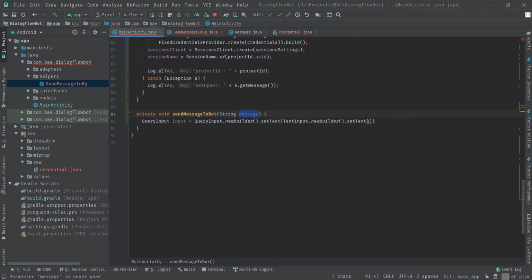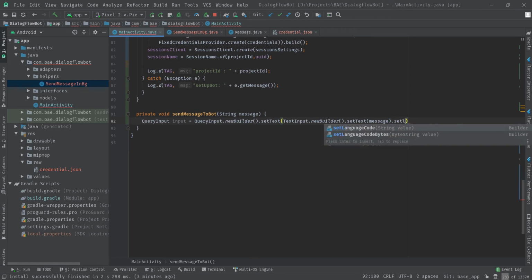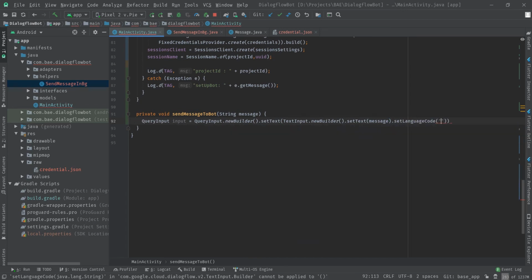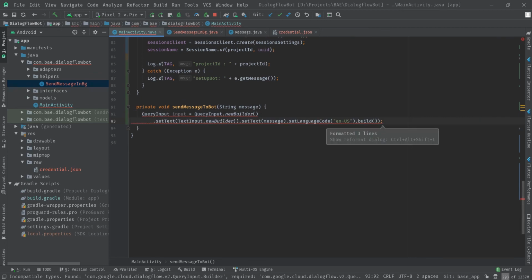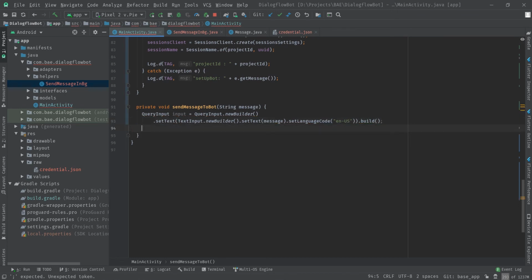We can pass the message here, and I'm setting the language field as English US, and I'm calling the build method. So now we have the input value.